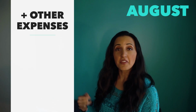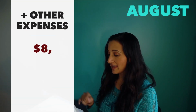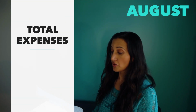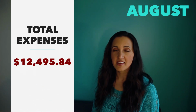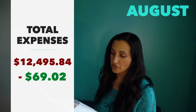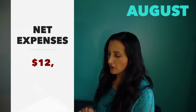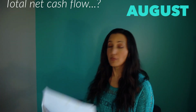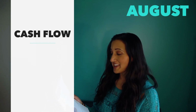So basically how that all shook out is that our mortgage expense in that month came to $3,742.32, plus our other expenses, primarily upgrading that one bathroom in that unit, came to $8,753.52, which means our total expenses were $12,495.84. Subtract the $69.02 refund from it, and that means our net expenses in the month of August were $12,426.82. Oh, and what that means is that our cash flow in the month of August was negative